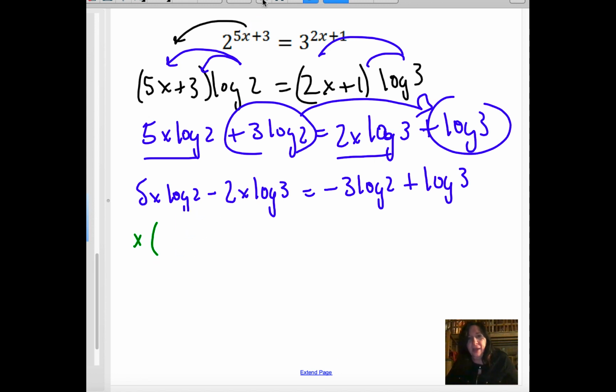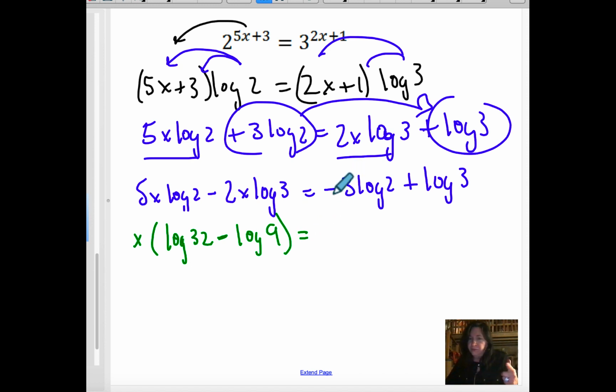So what that means is this is going to go log base 10 of 2 to the 5th power. Well, 2 to the 5th power is 32. So that's what I'm writing. Minus x comes out front. What I'm left with is 2 log base 10 of 3, which is log base 10 of 3 squared, which is 9,